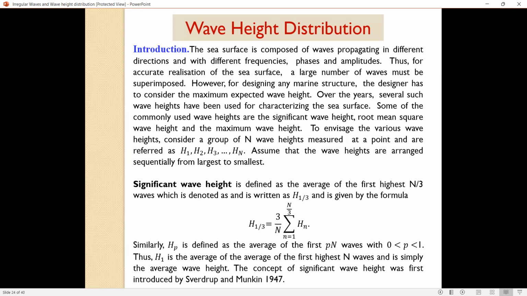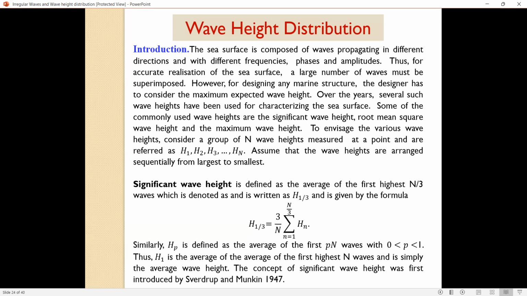Of course, over the years scientists have come up with ways to filter and interpret the data, and that is very important. So I get thousands of data. Now the engineer comes and says, sir, I have got thousands of data. Which data should I take for my design? I need one wave height for the whole design, I cannot use so many wave heights. Suppose N is a very large number and I have got 10,000 data, suppose N is 10,000. Which value should I take?